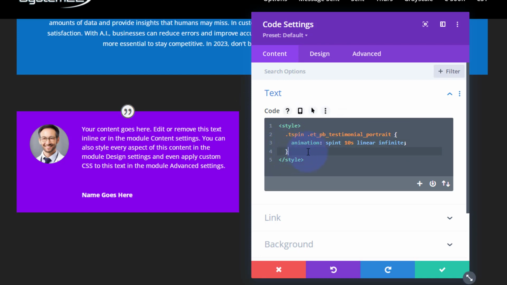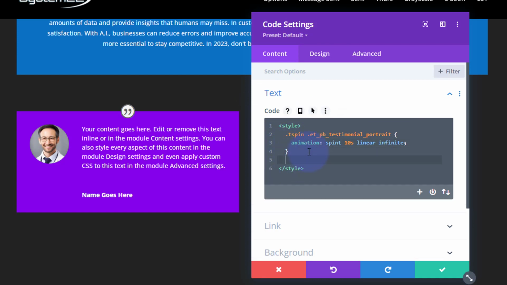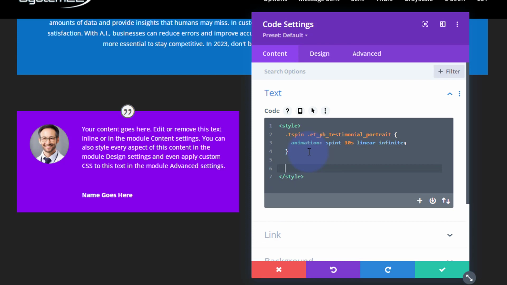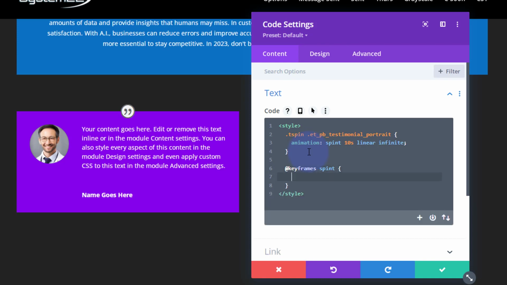Then we need to drop down below this and actually create that animation. We're using keyframes to do this today, so I'm going to say @keyframes. Then the name of the animation, which was spin T. Then we can open and close some more curly brackets and tell it what we actually want it to do. Well, at